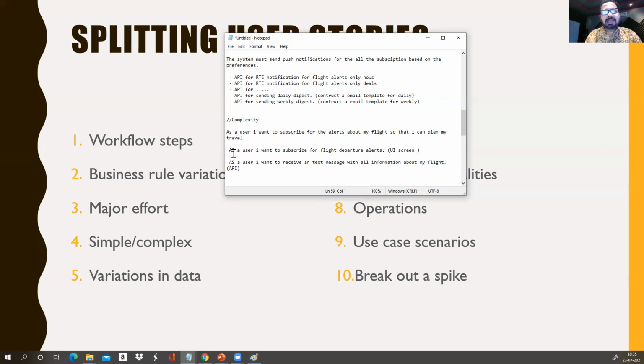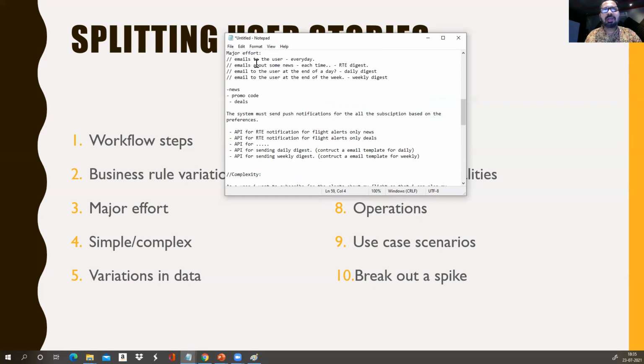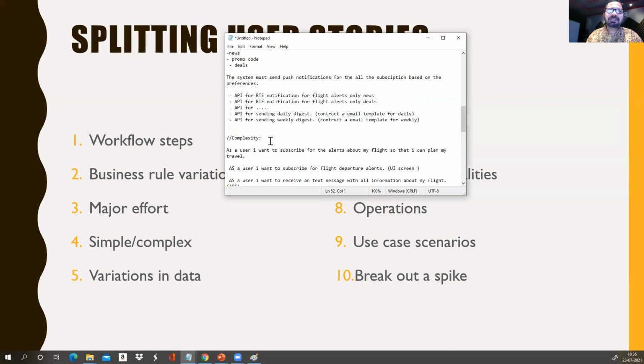So based on the complexity, you can again break down more or less. When you look at all of these, it may appear that when you learn one of them, you are able to understand, okay, these are quite related, major effort, complexity. But the fundamental difference between major effort and complexity is, major effort is first you build the fundamental base of it, and then you start building incrementally around that, right? Whereas in complexity, what happens, we are discussing a lot of requirements.